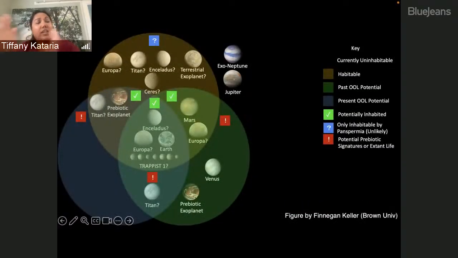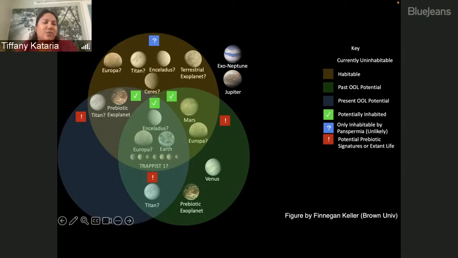So this is a lot of ongoing work, very active amongst our team that I showed in the slide. But I wanted to bring to you a visual representation of what I've been talking about. This is definitely a figure in prep. I've got a summer intern working with me, Finnegan Keller, an undergraduate at Brown University, who's diving deep in origin of life literature and exoplanet literature and working hard to synthesize the two and provide a picture for a path forward in understanding origin of life in the context of exoplanets.